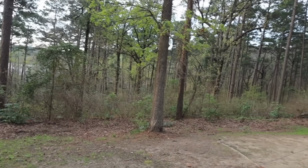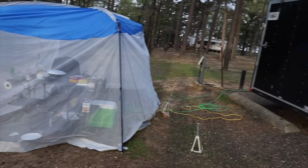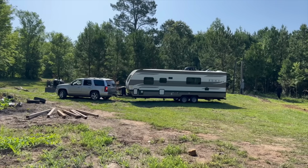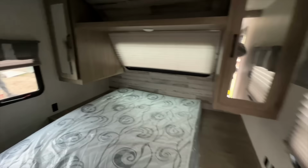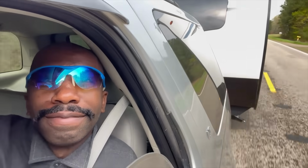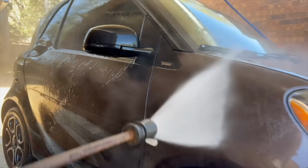We camped out at the local state park in our tiny tow that was super small. Then we bought a brand new Puma RV that had all the bells and whistles. The RV was great living at first, but after a few months, we needed some more space. We sold our new RV after owning it for a few months, our Jeep, and our mini smart car named